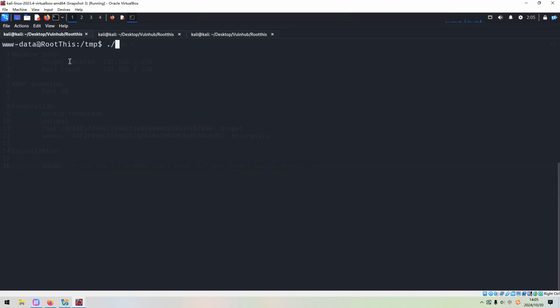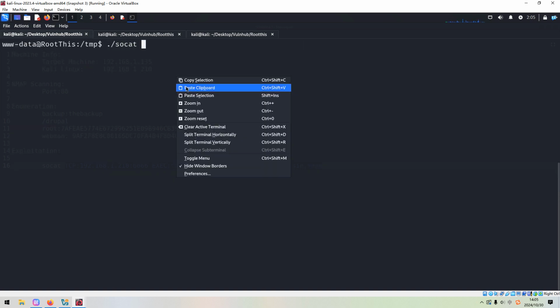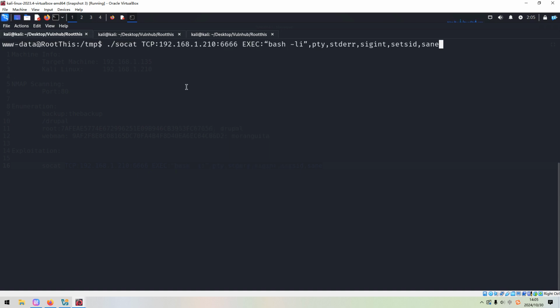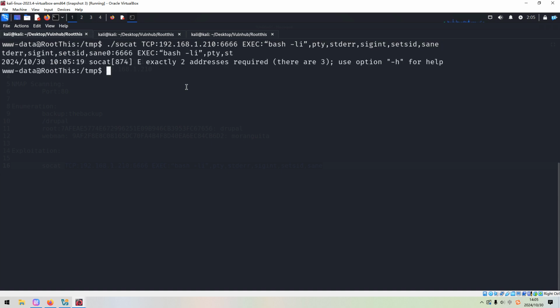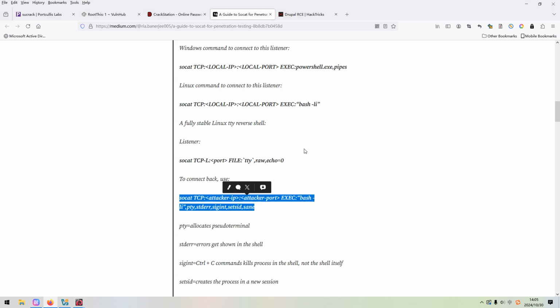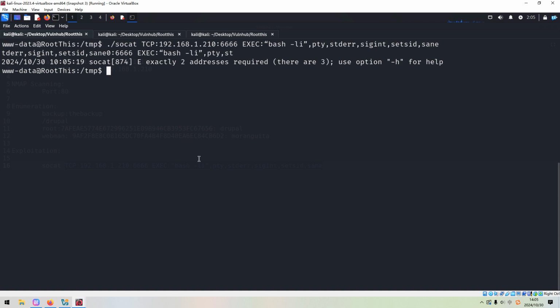We can use socat. Oh, sorry. I think you will get an error. So this is another problem you will face. We copy the command from the web page, and if you do not do anything, you will get a similar, very ambiguous error.